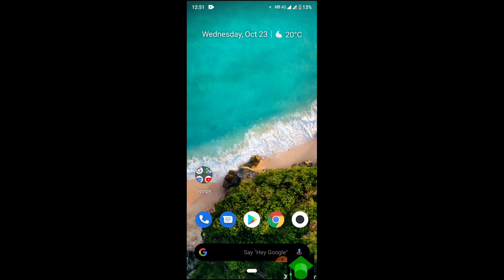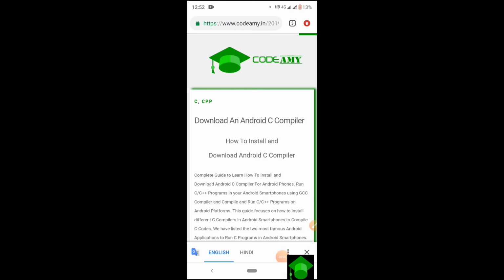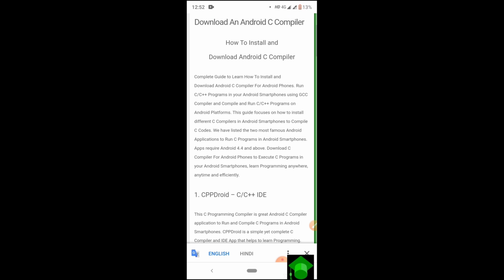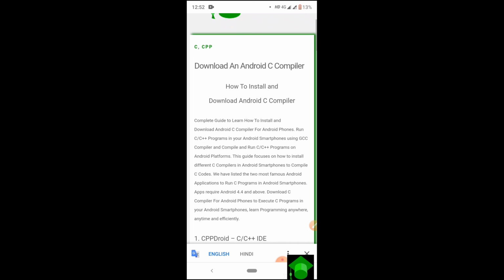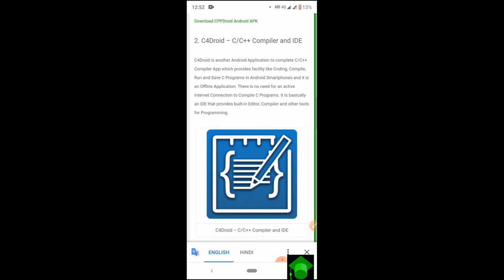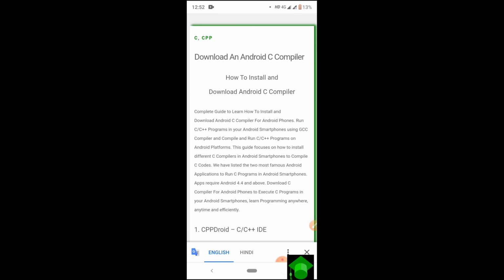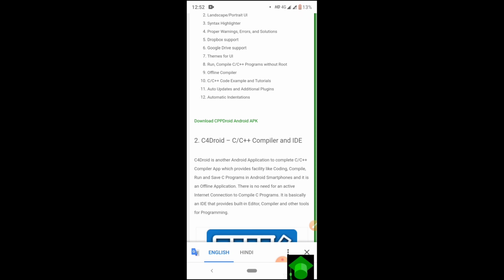First of all, open the link in the description given below. Tap on the link and you can see the view. After tapping on this link, you are redirected to this site, Codeamy.in. Then scroll down. Here you can find two compilers, C compiler and C++ compiler. Just scroll down and tap on the download button